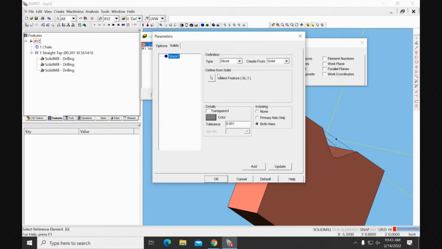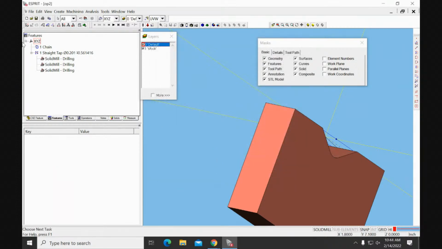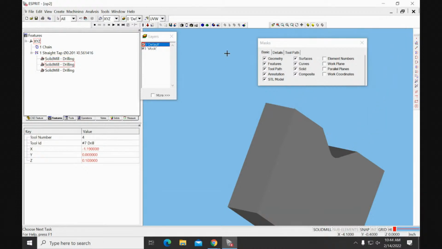It's weird because I hardly ever forget to put the workpiece in the machine tool. But I always forget to tell Esprit that the stock's there. I'm going to use stock from solid, select feature, this one, update. Okay. Now let's simulate. And it spots, it drills,